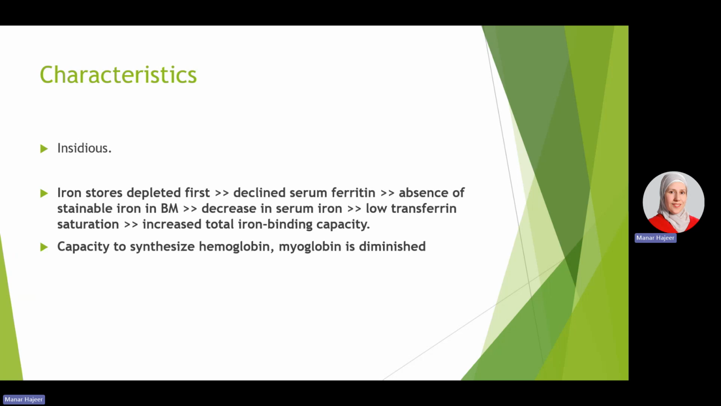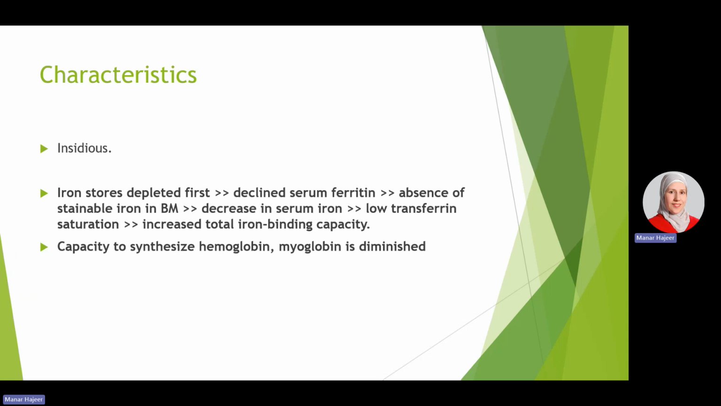Iron stores are depleted first in the bone marrow and in the liver and spleen, so ferritin levels will decrease in the serum. There will also be absent stainable iron in bone marrow if we take a bone marrow biopsy, although it's an advanced or invasive procedure, and we don't always resort to it unless we think that the anemia is not